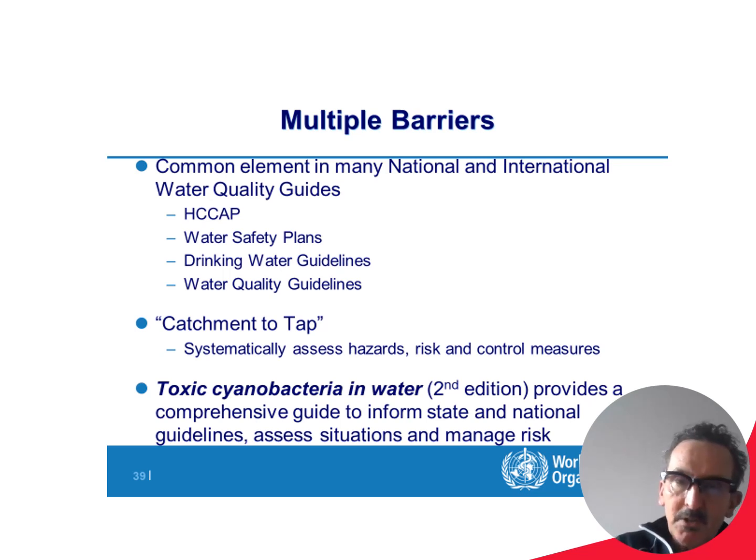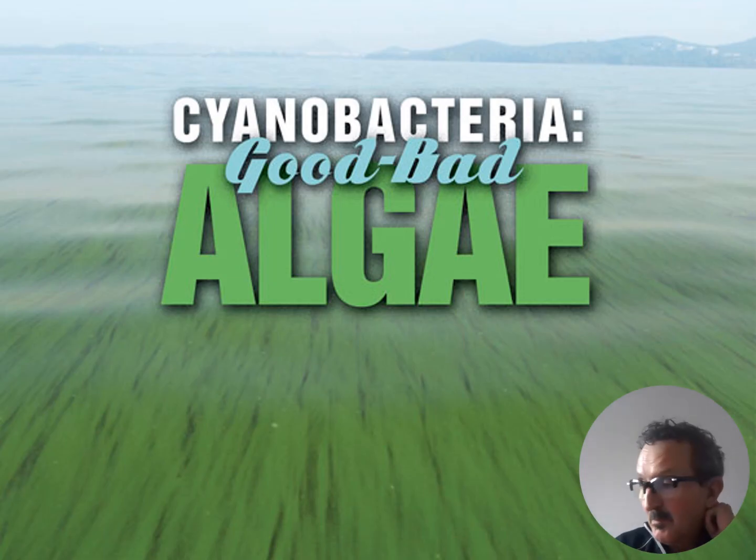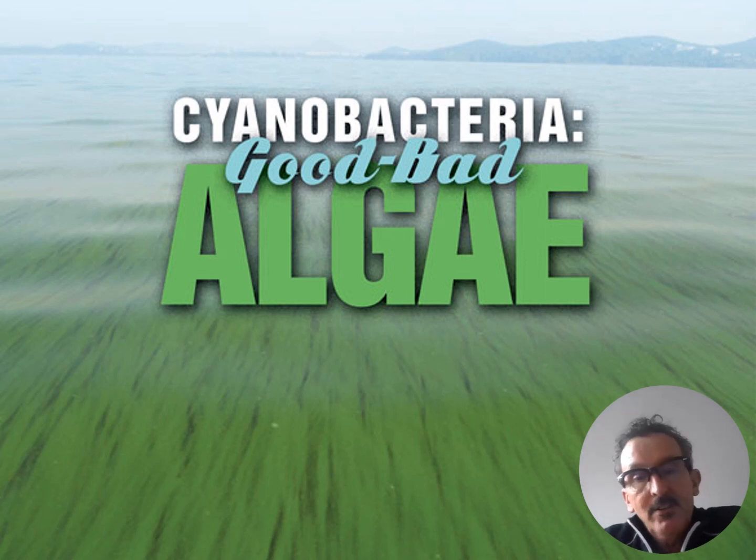You can do something similar when it comes to drinking water. Here, the catchphrase would be from catchment to consumer, but again, barriers at every step to protect people from potential exposure to harmful substances in their drinking water. And that is explained in the book, and this is just a summary that you can take and read in the book. So that brings me to my final slide.